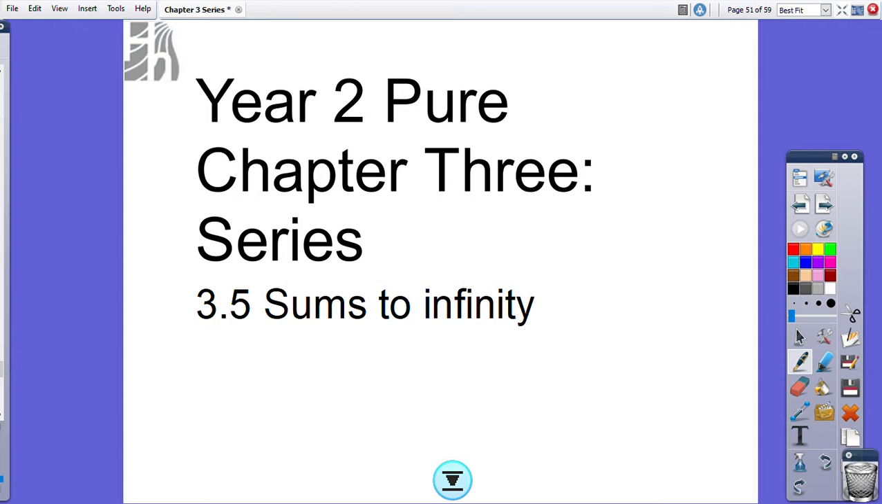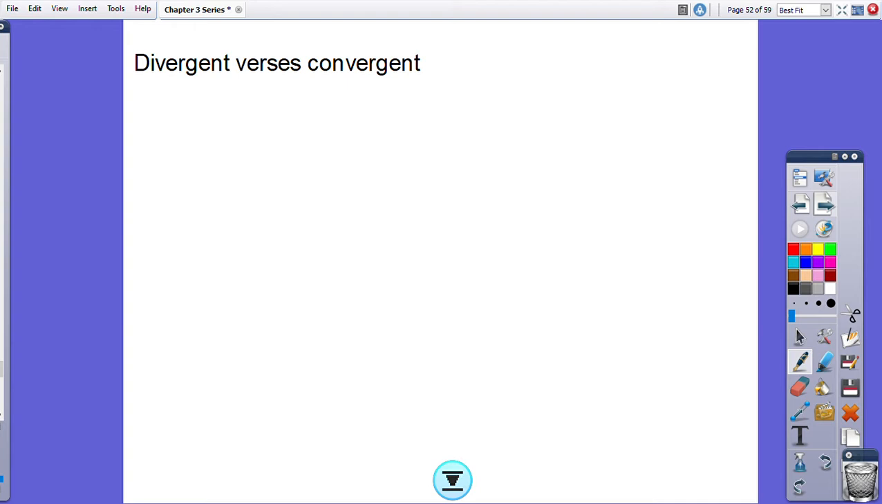Before we get started on Sums to Infinity, let's look at something I'm going to tell you about beforehand, and that's divergent and convergent series. A divergent series is a series that tends towards plus or minus infinity, so it's going to get bigger and bigger all the time. Let me give you an example of one. If you had